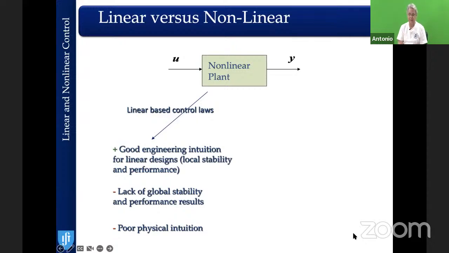But these are linear controllers. Why do we use linear control laws? Because there's a lot of engineering intuition to do this. Maybe you are not very much used to doing this, but when you have linear designs, then you can analyze